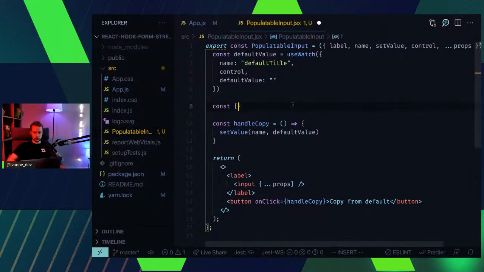So const field equals useController. And here we need to pass in the control. We get it from the props anyway, and we use it inside of the useWatch hook anyway, so we can pass it here as well. We need to pass in the name. It's going to be the name of this field. And default value,